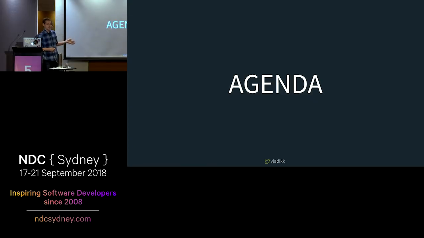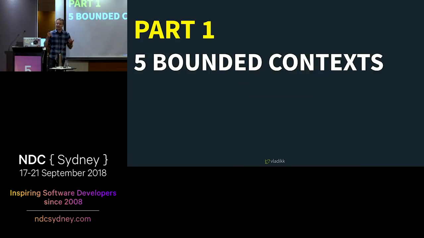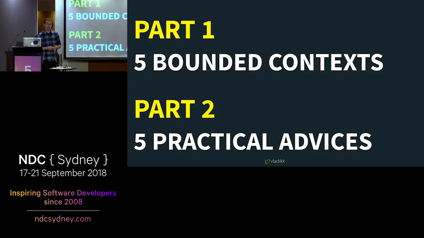I divided this presentation into two parts. In the first one, I'll walk you through the various systems from our domain and how we've implemented them. Now, of course, I won't be able to cover everything we've done, so therefore I will concentrate on 5 bounded contexts that demonstrate the different approaches to DDD that we've tried and the results that we've achieved. In the second part, I will use those 5 stories to share some practical advice on domain-driven design, domain modeling, CQRS, event sourcing, microservices, all based on our experience at Internovus.